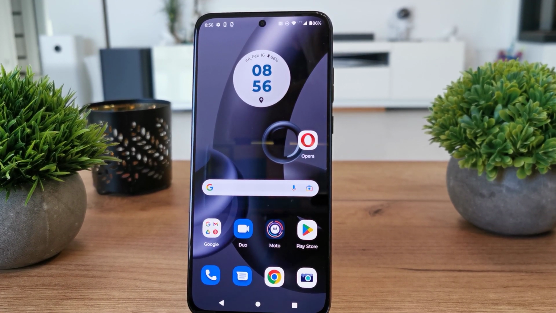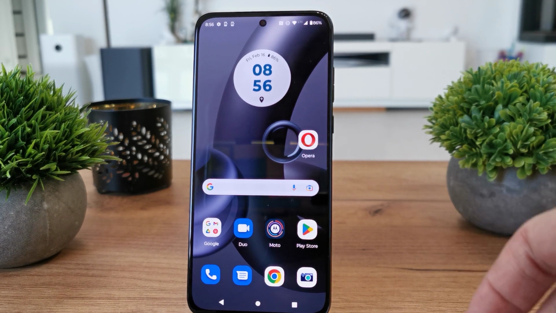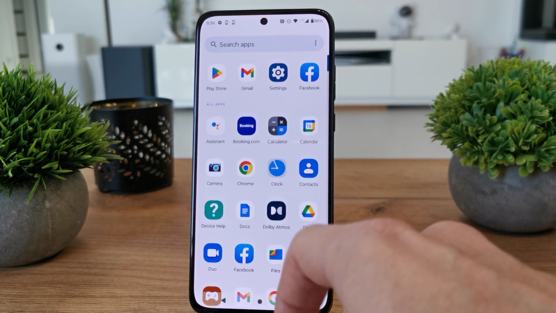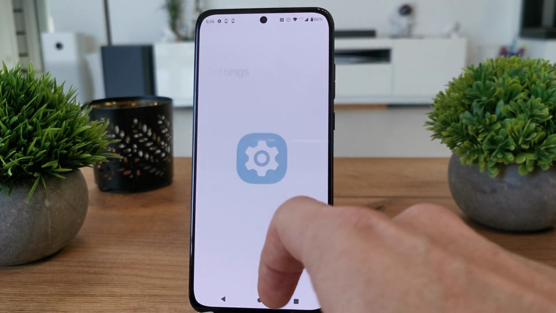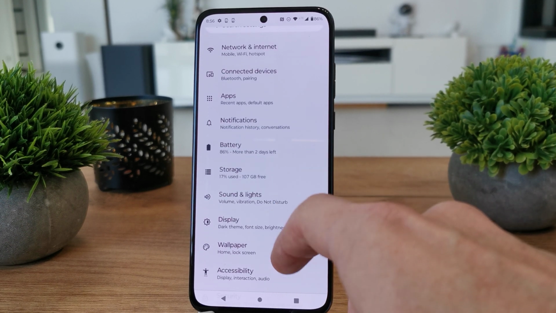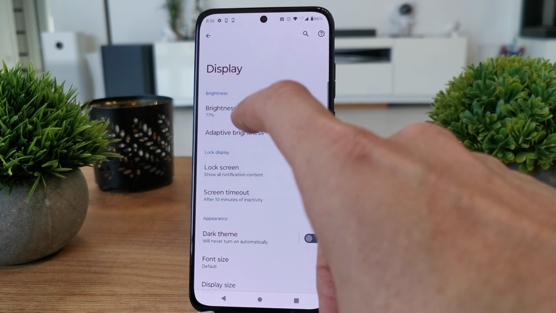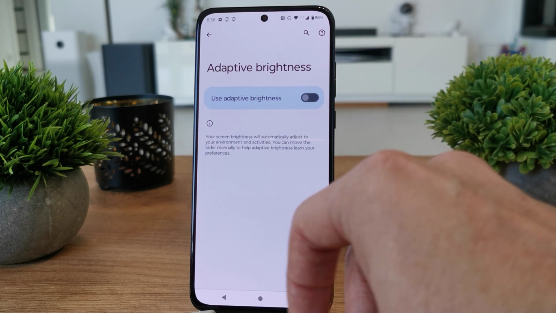Today I'm going to show you how to enable or disable auto brightness in your Motorola Edge 30 Neo. So to do this operation, slide your icon and search for the icon name settings. Here, go down and search for the display here, and there is adaptive brightness. Yep, and you can turn it off